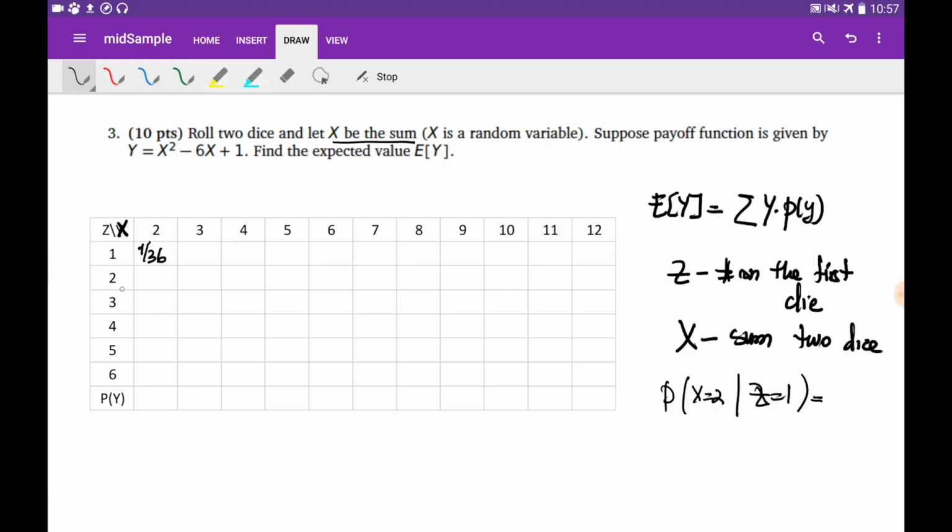If the number on the first die is 2, what is the probability that the sum is 2? It is simply 0, because the second die is at minimum 1. So if the first one is 2, the minimum sum is 3. The same is here: if the first die is 3, then the probability that the sum is 2 is 0, 0, 0, 0. If the first die is 1, the probability that the sum is 3 is again 1 over 36, because the first is 1 and the second is 2. If the first one is 2, the probability that the sum is 3 is 1 over 36 again. If the first one is 3, it is 0, 0, 0, 0. If we fill the table in this manner,